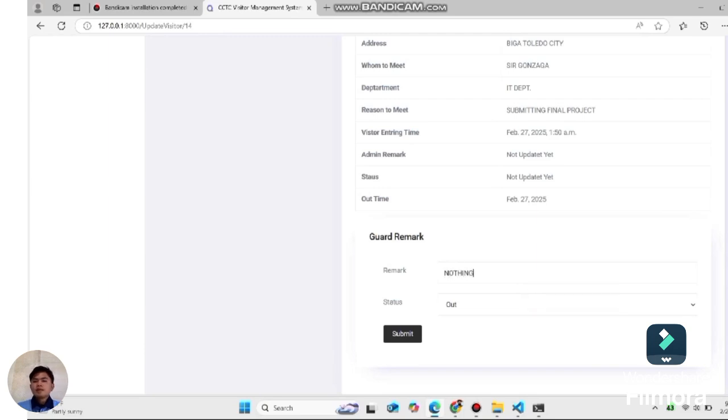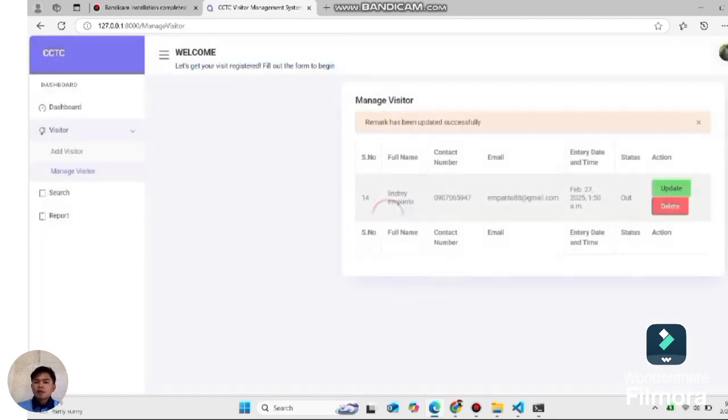So in indicates the visitors currently inside the campus, and out can be updated once the visitors leave the campus.